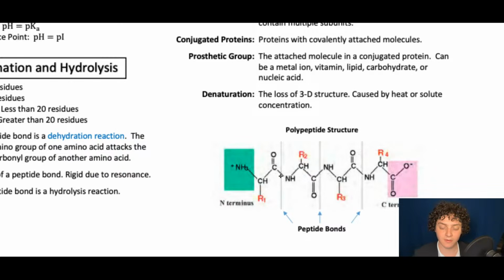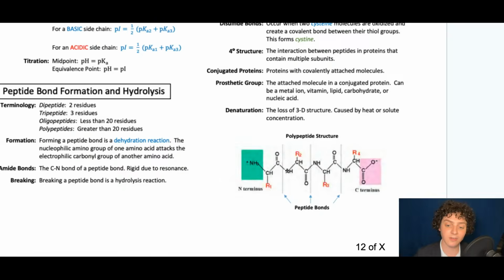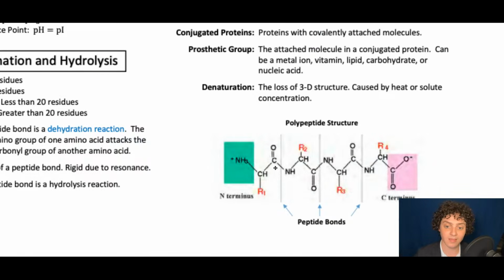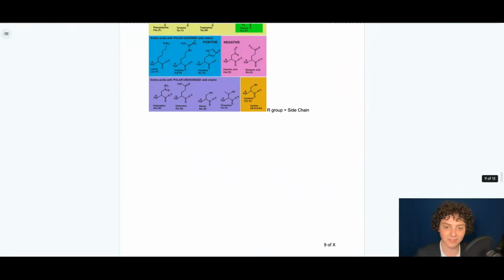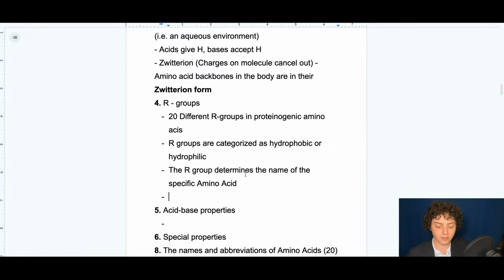This functional group, where there's a carbon with a double bond to oxygen and then a single bond to nitrogen, is called an amide group, or a carboxylic amide. In the context of an amino acid, it is also called a peptide bond. So I'm going to write those both in the discussion of our groups.